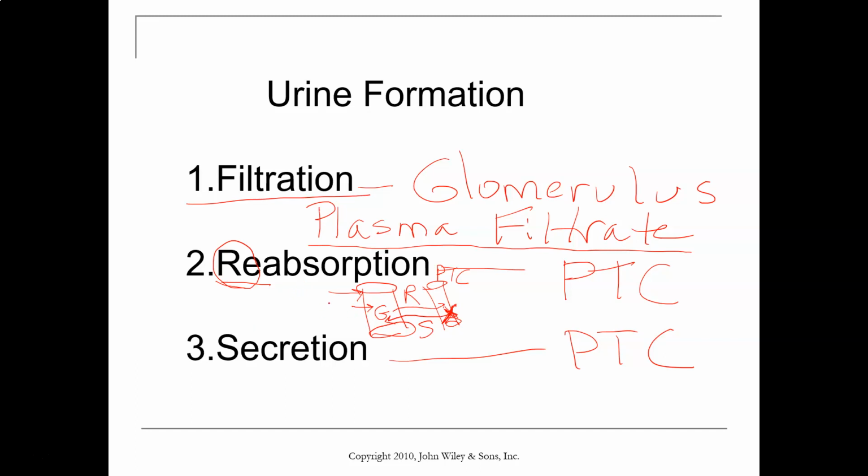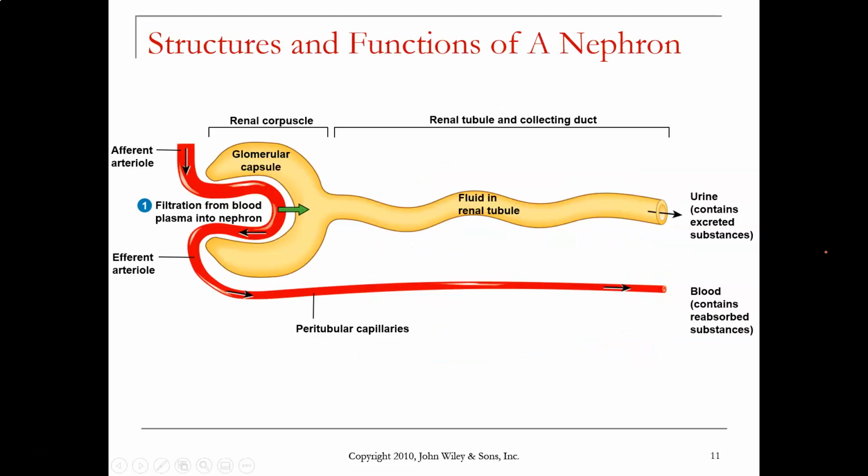And as you might guess from having just studied the digestive system, different segments are going to be specialized and have different specific functions. This is a highly schematic diagram that is just giving you an overview of the main functions in urine production. So here we see filtration. Again, we just talked about this. It's occurring